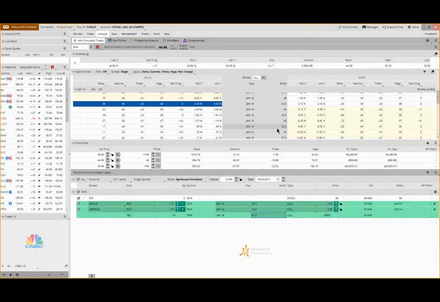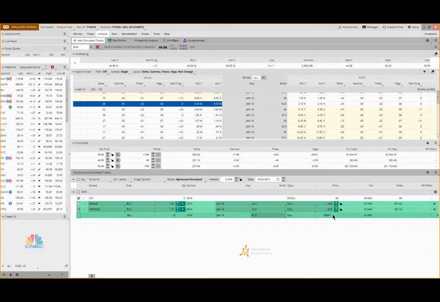I can go up to 50, 52.5. It depends on the size of the move I'm expecting in the underlying. Okay? But the real key here is this. Let me uncheck this and go back to the single option. If you remember that call, 42.5 cost me $4.50. There's my theta, a negative 16.43. Okay, remember that number. I'm now going to switch to my vertical, and you can see, number one, I'm spending less.